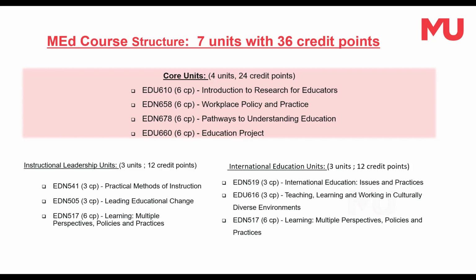Now, as you see, the last 2 units seem very similar. The name is the same, but the focus is going to be slightly different. The focus of the leadership one is going to be slightly different from the international education one, which will focus more on the learning aspect or learning side of things. So this is how the units are. As you see, we have 3 credit point units also. We have 6 credit point units also. So just keep in mind that we have units which have different credit points. But as you know, the core units have 6 credit points each. And overall, when you finish your Master of Education program, you would graduate with 36 credit points.